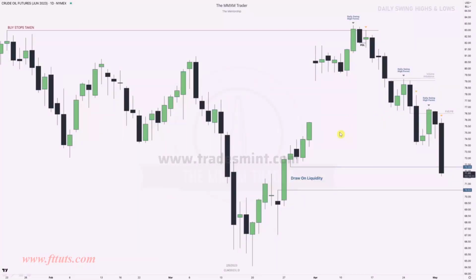Right, so over here we've got a crude oil futures chart, a daily chart, and again we're going to focus on that 4th day after that swing pattern has formed. So we can see a swing high form up here. We've got another swing high formed up here, and notice how this is formed in a volume imbalance. So we've got a premium array over here, and we've got another swing high formed over here, and we're focusing on that 4th day. And notice how that 4th day almost every time is a big candle,